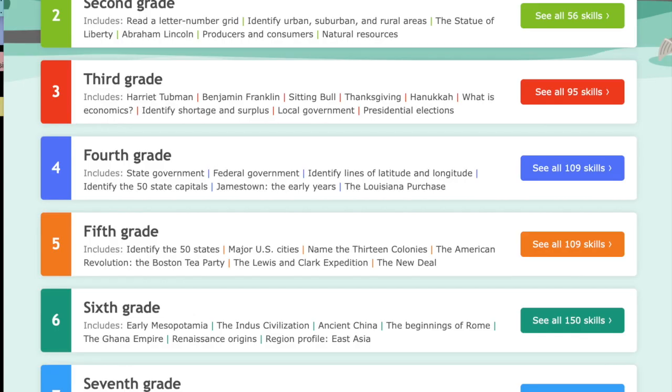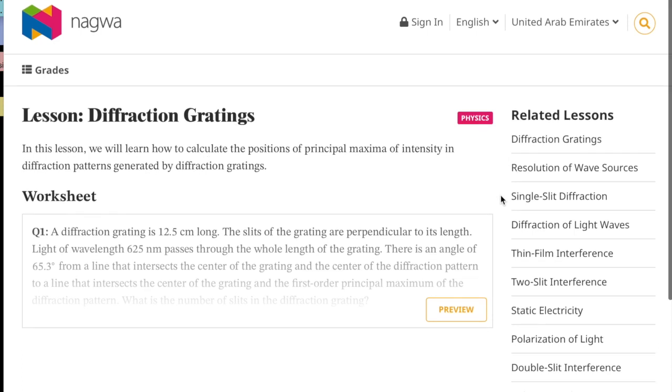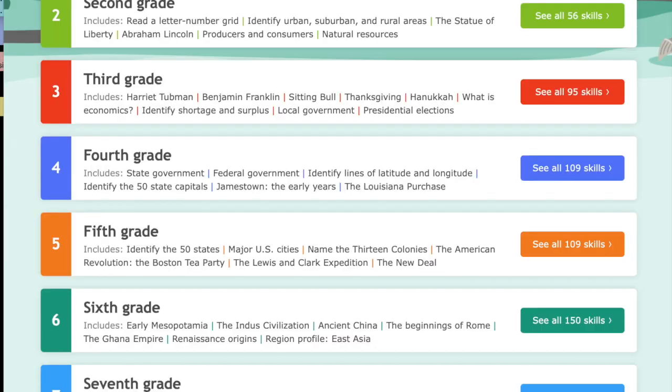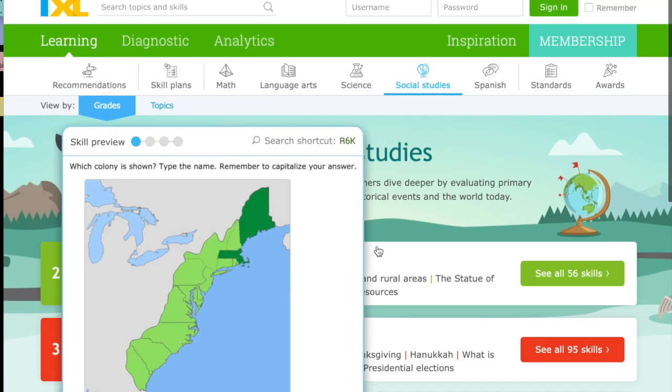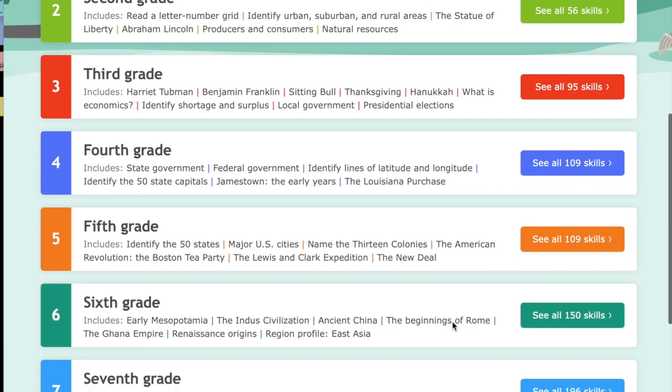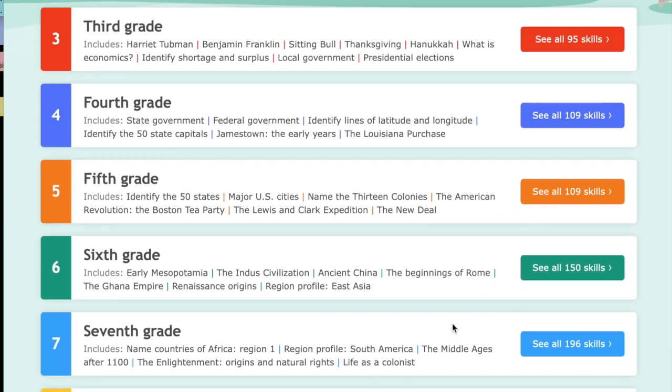So again, a lovely website with a lot of detail, with a lot of information, and a good way for you to really see how to help your